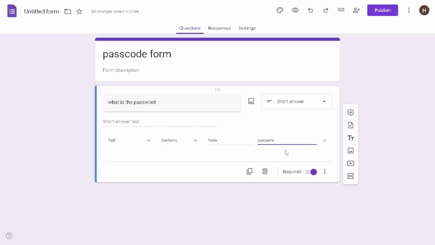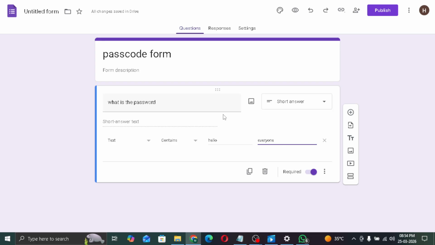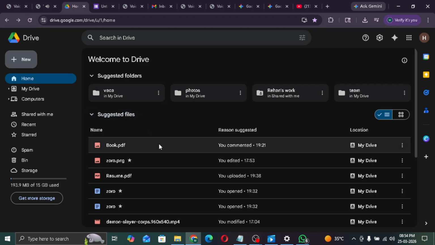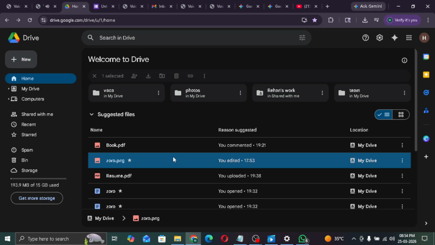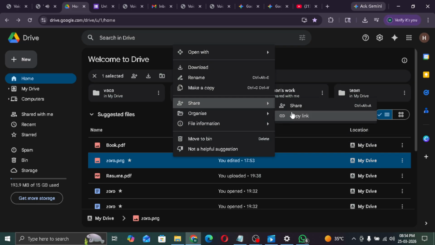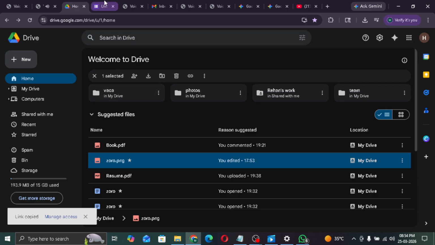Once you've done that, it's time to get your file link. Open a new tab in your browser and go back to Google Drive. Find the file that you want to protect with the passcode. Once you've located it, right-click on the file and select Copy Link. You'll see a pop-up that confirms the link is copied, which is great because you'll need that in just a